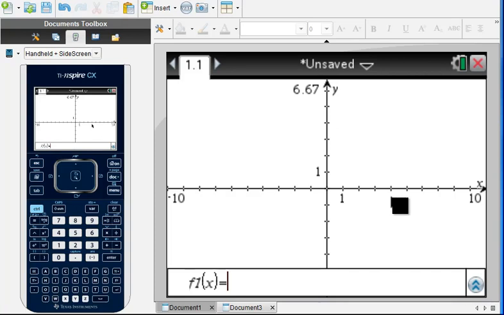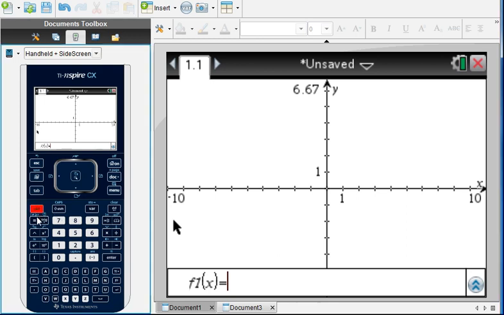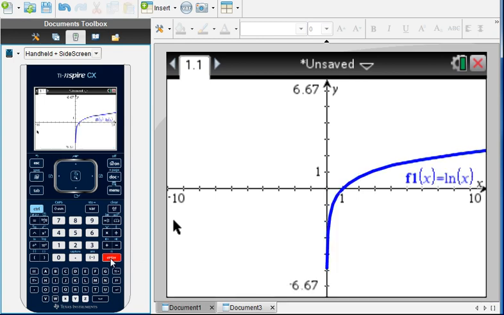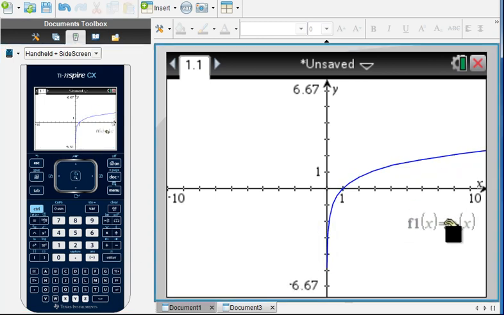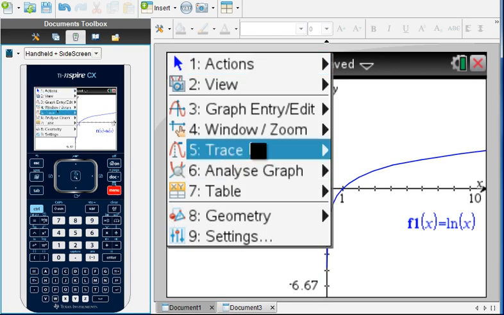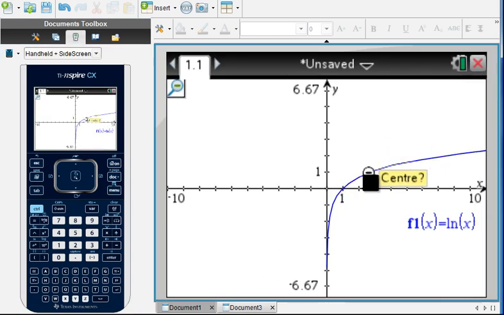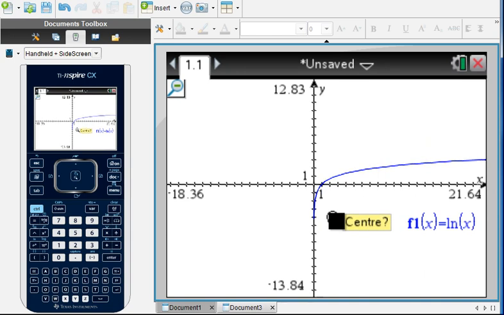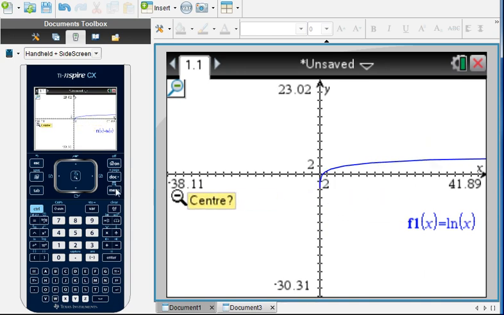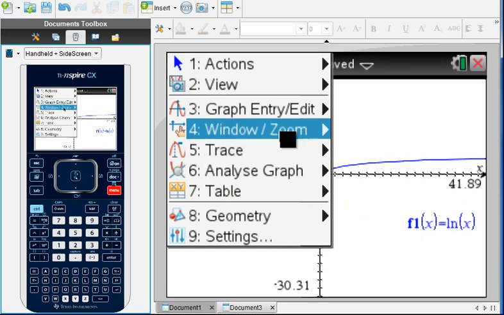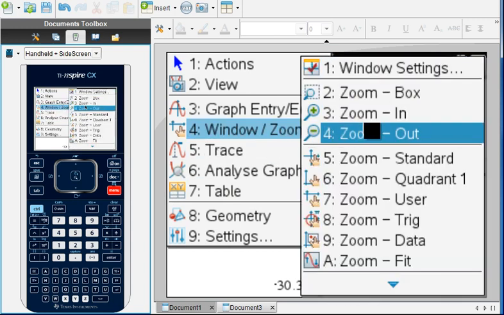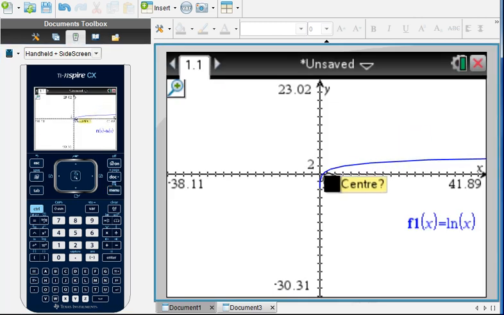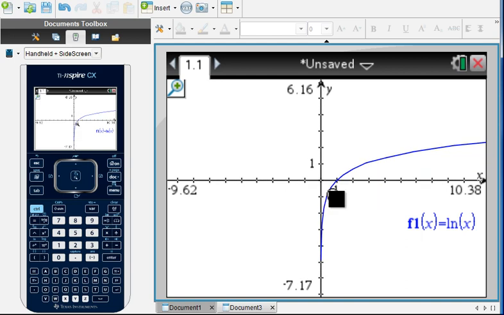Let's have a look at the natural logarithm, or ln. Let's have a look at the graph for ln x. Here's the graph. Let's zoom out a little bit. Okay, a couple of things that are very typical for the natural logarithm, or ln, is that, let's see, if we zoom in closer here,